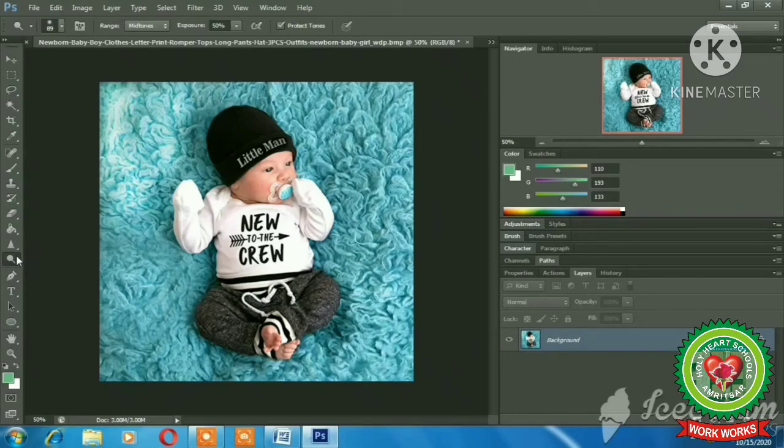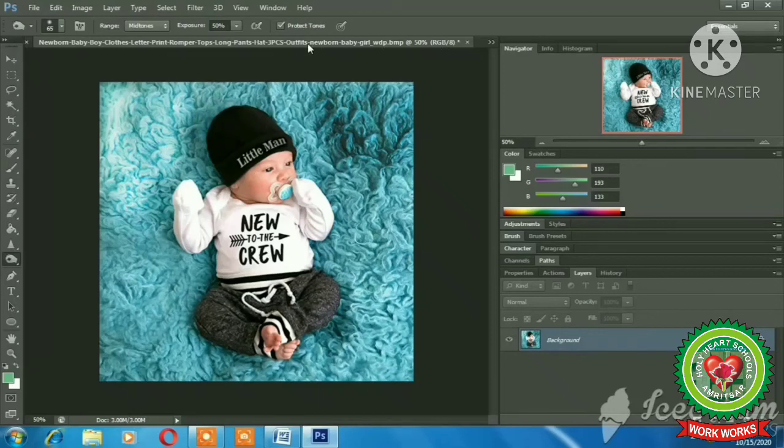Now I'll use the burn tool. I click on the burn tool. Same options we have in the option bar. This side I'll use the burn tool. It makes the color darken. See the difference. I can show you. See, as much as I hold and drag the mouse, the color becomes darker.